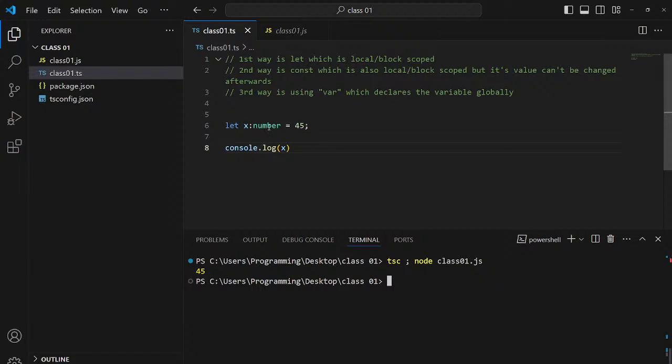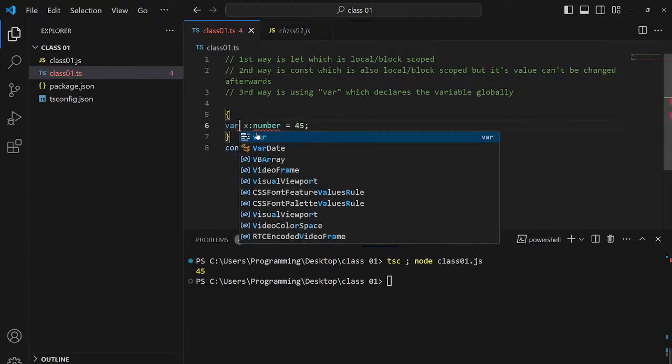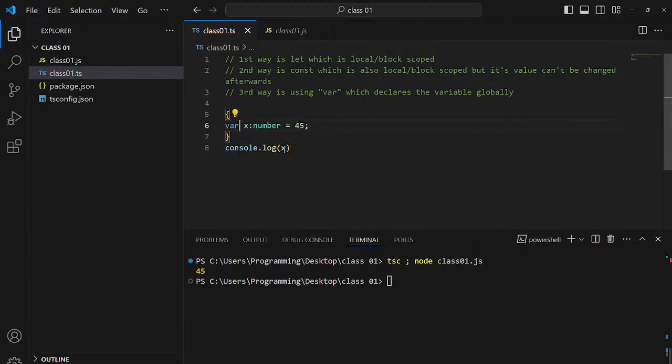But if I declare this in a block, inside these curly brackets, the console log cannot access it, because it's block scoped. Now if I change this let into var, it can access it.